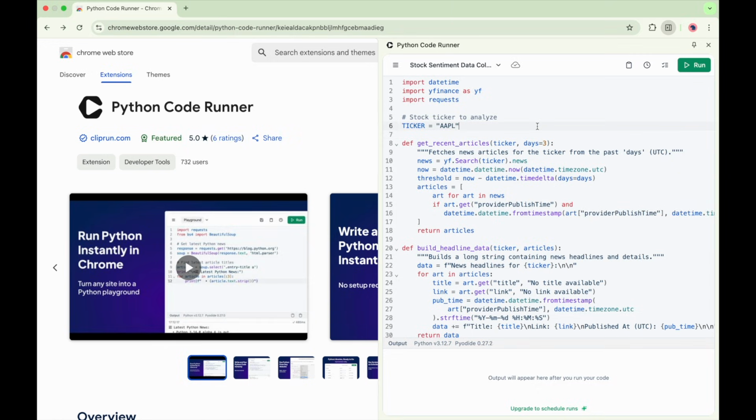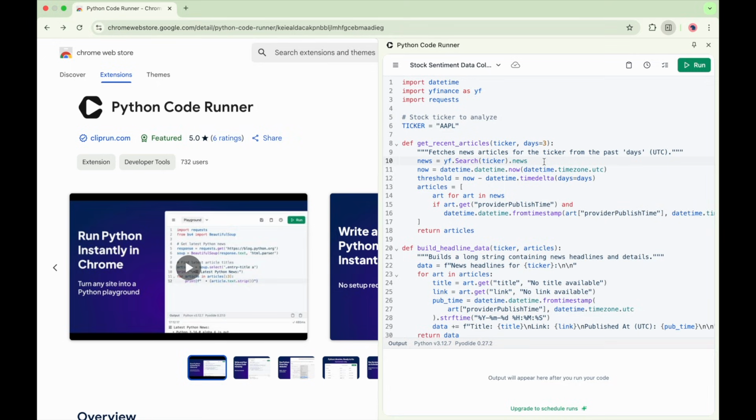We now define the Get Recent Articles function to pull financial news headlines for the chosen stock. It takes in a ticker symbol and a time frame, which defaults to 3 days, which provides enough data to estimate a rough moving average of sentiment. Using yfinance's search function, the script pulls recent news articles for the specified ticker. By default, yfinance will return 8 articles, but you can refer to the yfinance documentation to adjust the request based